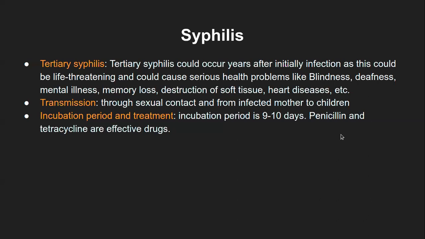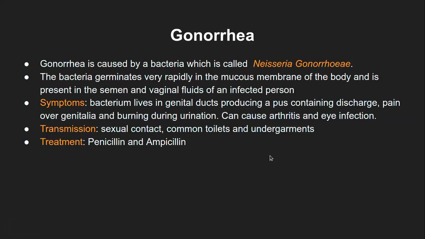So usually penicillin is considered to be a broad spectrum antibiotic. Broad spectrum means it is responsible for killing quite a few bacteria in one go. And tetracycline is an even higher version of penicillin. Chemically they are drastically different, but action wise penicillin is a little lower, and tetracycline is at a much higher level in terms of killing bacteria. Okay, so that is the syphilis.